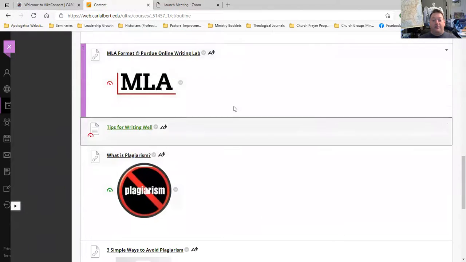And then under that, there's a folder that takes you directly to a site that has MLA format instructions.